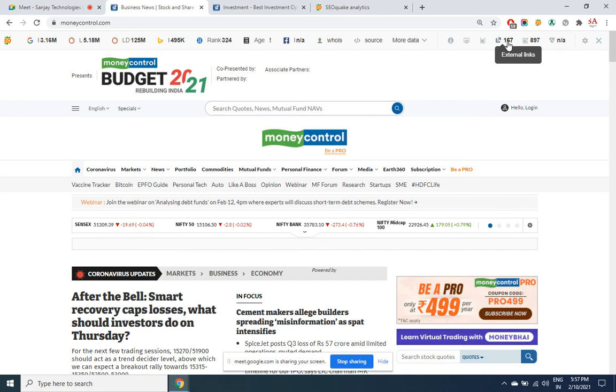Then you have external links. To whom this site is giving backlinks is called external links. Wherever our backlinks are there, that is here. Don't get confused between this L and this external links. This is outgoing. This is incoming links. This will improve the SEO performance of this site, page rank and all that. But this is going to give the marks to others.